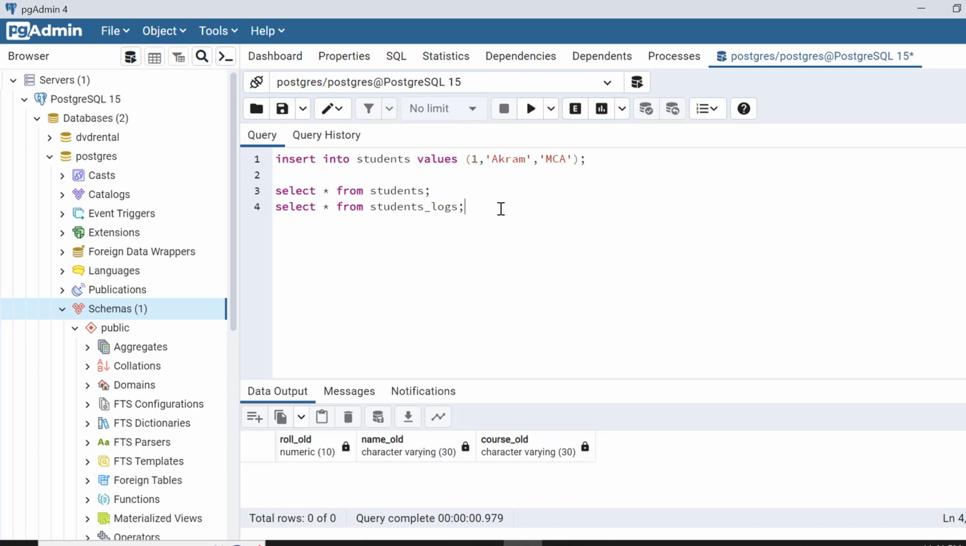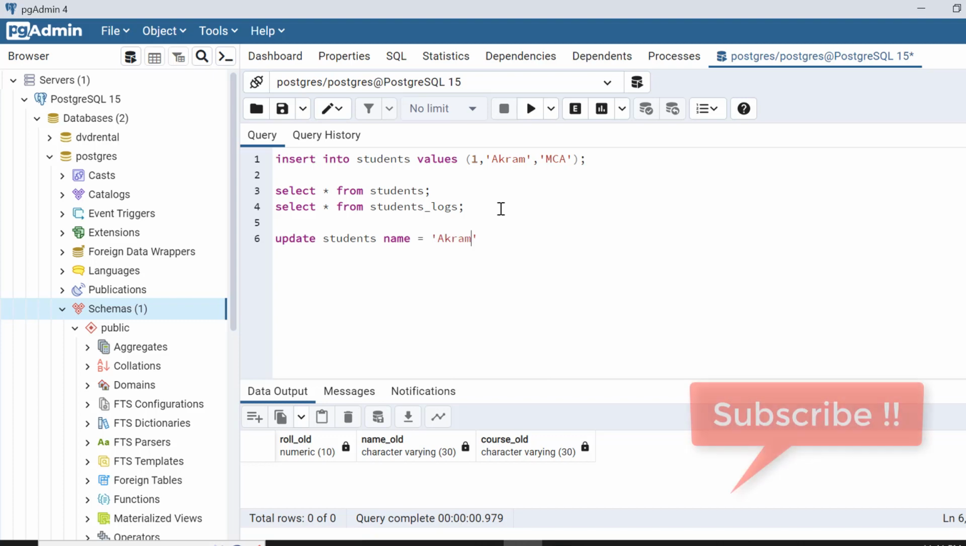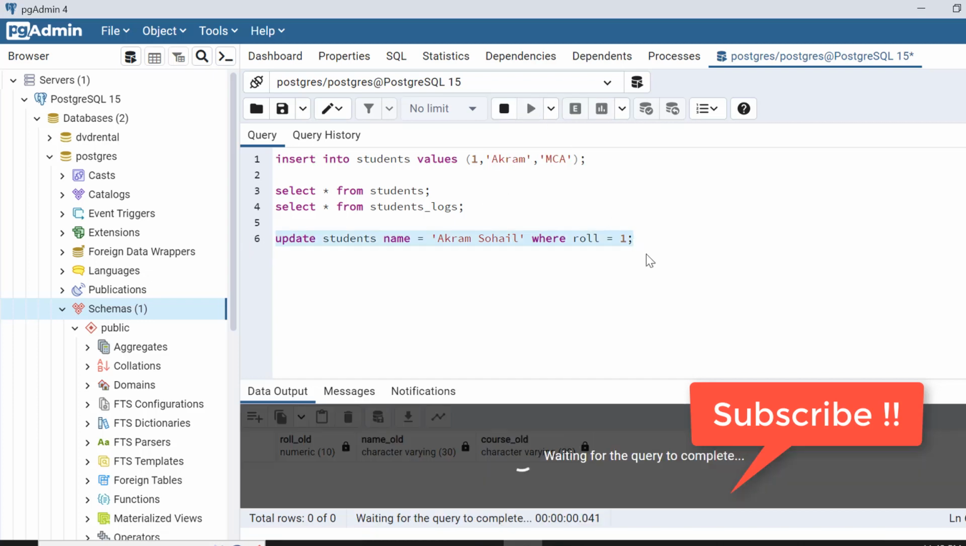So now let's update one value. Suppose update students, and let's update one thing here. Update students and set the name of the student as, say, Akram Sohail, and it should be done on the basis of role. Suppose where role equals 1, because I had given the role 1 here. And so as per the definition of our trigger, we